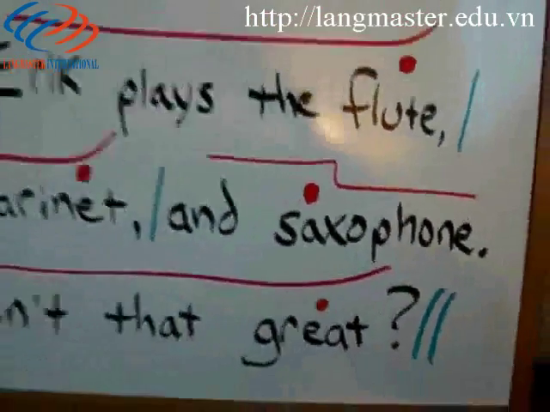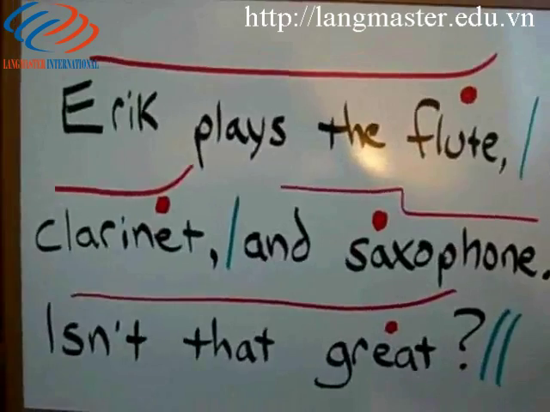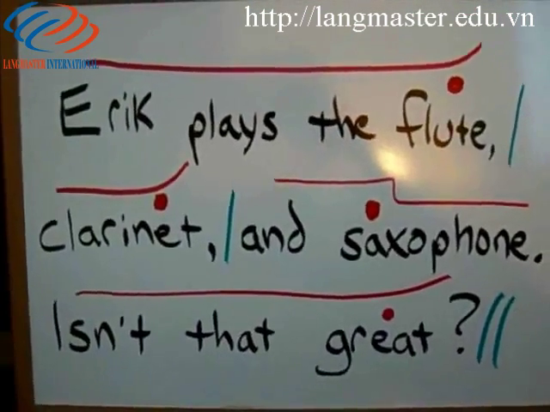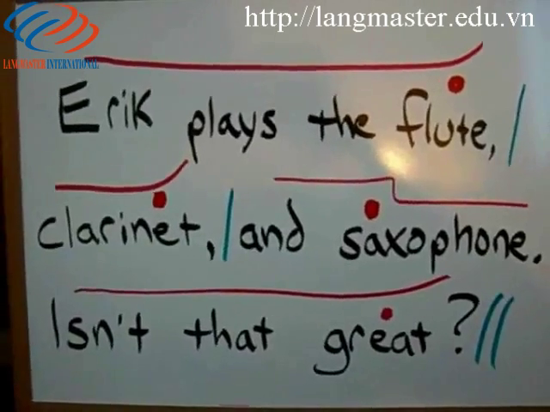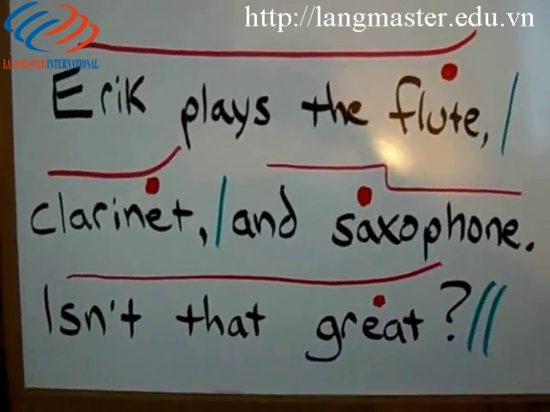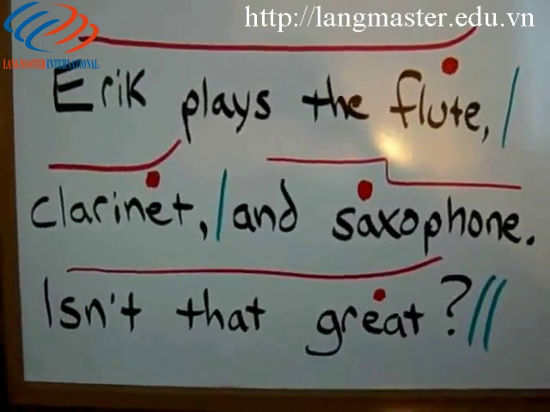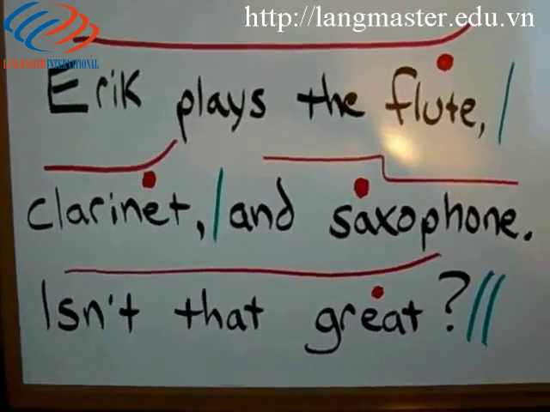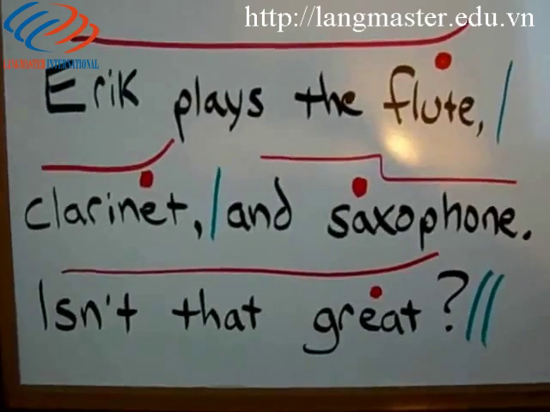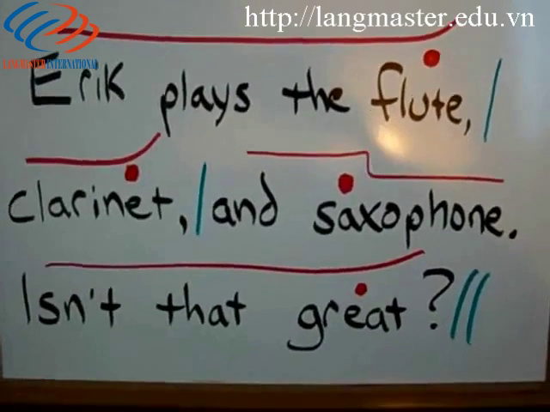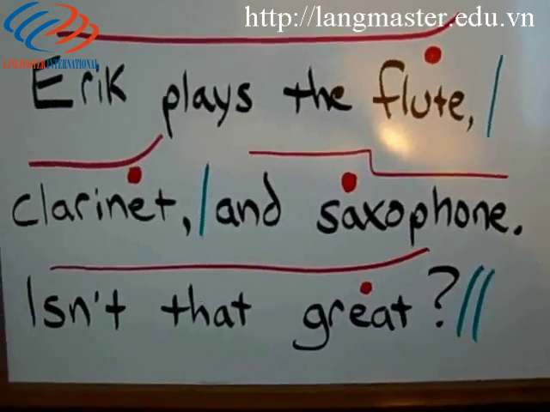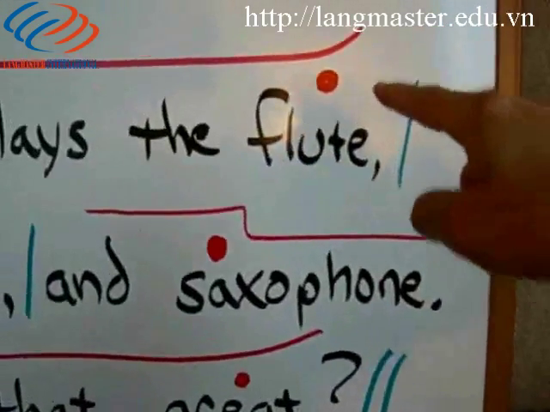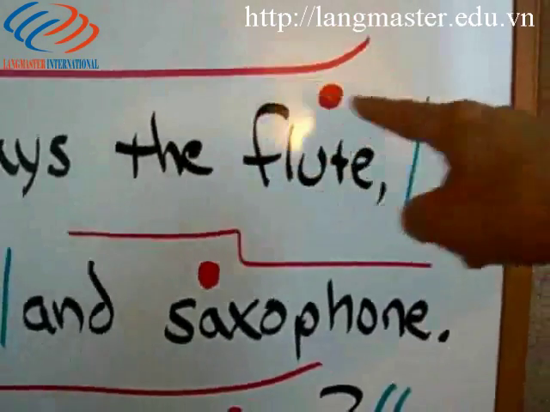Okay. Listen to how I read that sentence. Eric plays the flute, clarinet, and saxophone. Again, when we are listing items, one possible pattern is to use rising intonation in each phrase until we get to the last one. In this case, it's saxophone. Again, the number of syllables makes a difference in how we rise or fall. Flute has 1 syllable, so we only have 1 syllable to make our voice glide up.